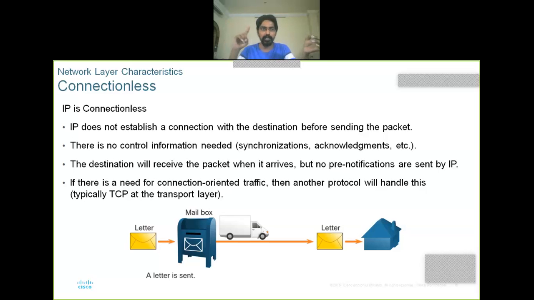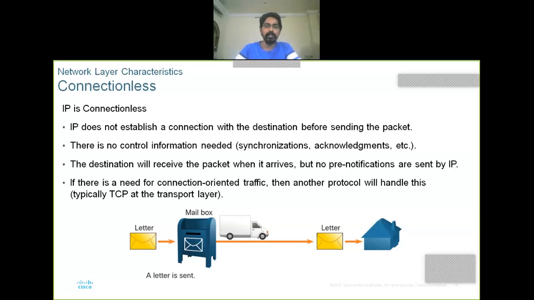You already learned in computer networking about packet switched networks and circuit switched networks. In a circuit switched network, to send data we need to establish a circuit first, but in a packet switched network we don't need to create any circuits, right? We just send the data with some addressing mechanism, right? Same thing, IP is connectionless. That means before sending any data, IP doesn't establish any connection. Instead, it attaches its IP header. The IP header is nothing but an address.